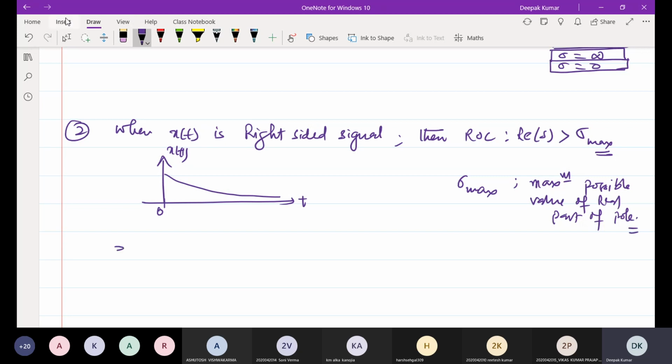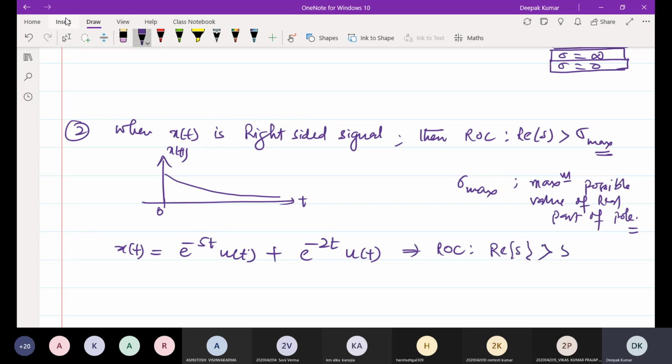This is a simple example. If you consider f of x of t is equal to e to the power minus 5t u(t). Another example, if you consider something plus e to the power minus 2t u of t. In this case, you will see there are 2 poles, s is equal to either minus 5 or s is equal to minus 2. So in this case ROC will be real s